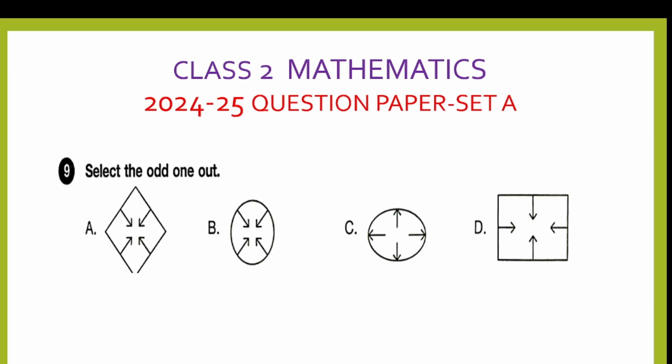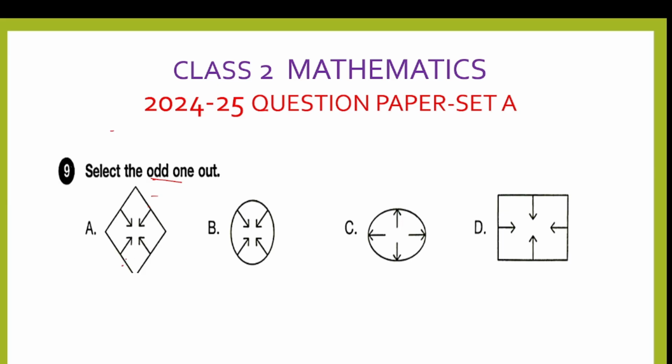Next question. Select the odd one out. We have been given 4 figures and we have to find the odd one out. So here we have these 4 figures. We have to do the observation again so that we can easily find the different one, that is the